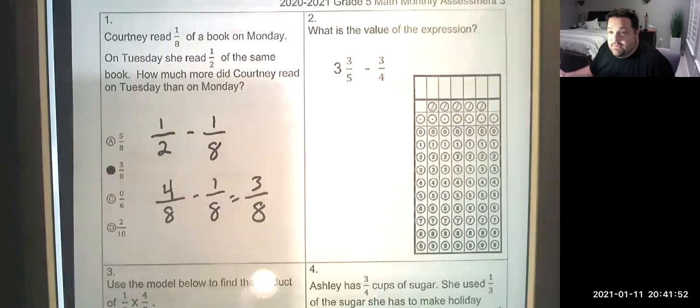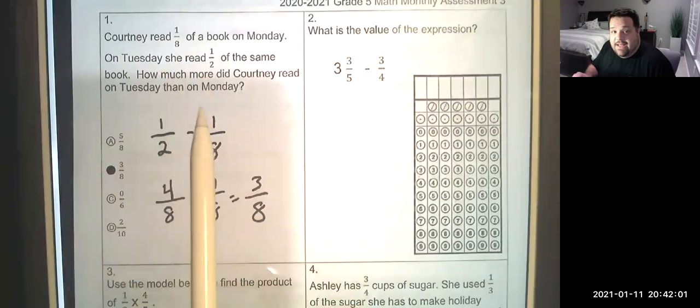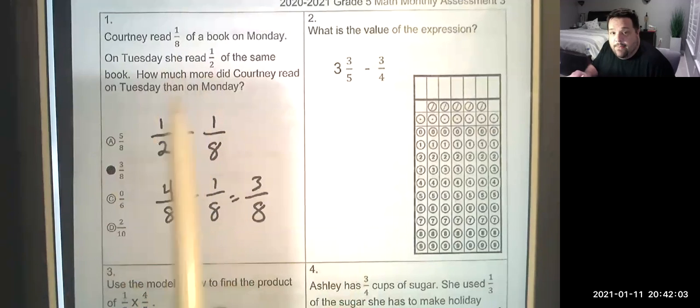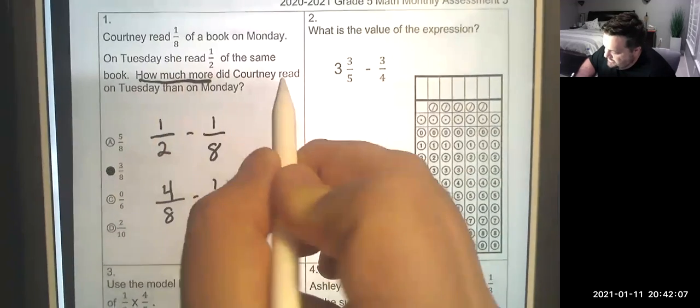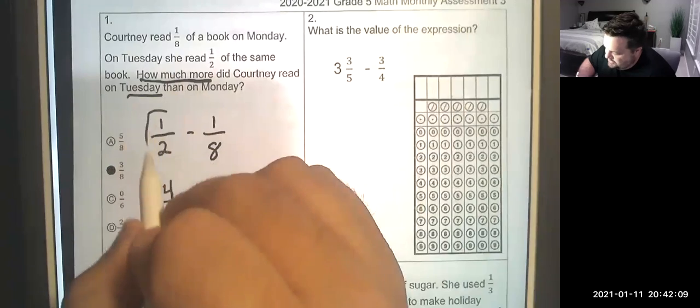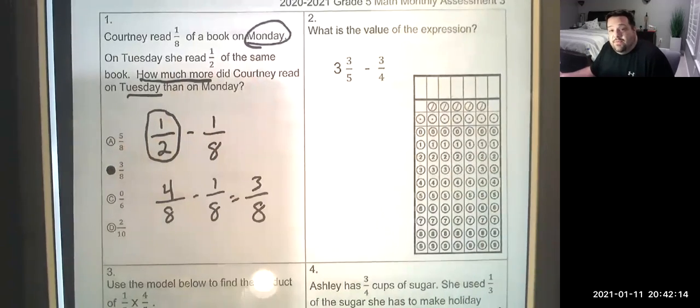Now, the tricky part, we talk with you kids all the time, is pay attention to what the question's asking you, right? Because a lot of you want to take the 1/8 and subtract 1/2. That's not what it said, right? It wants how much, here's the key words, how much more did she read on Tuesday? So that tells you got to take Tuesday and subtract Monday from it. If they gave you different words, it would mean different things, right? Okay, number 2,